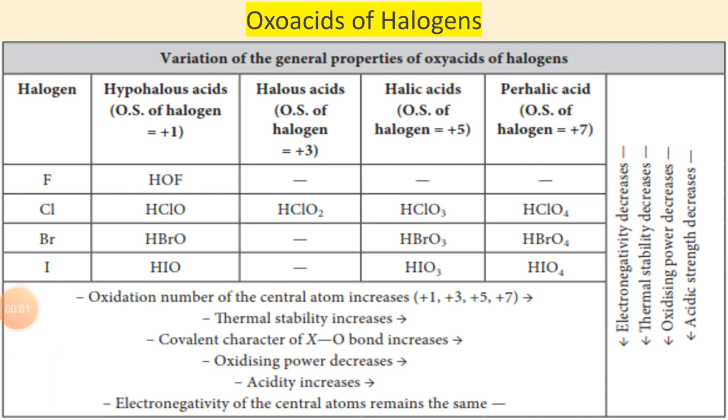So let us focus on another important topic, that is oxo acids of halogens. This is also very important for board examinations. So first of all, I told you how you know that the acid is an oxo acid. Here the halogens behave as the central atom, that is chlorine, fluorine, bromine, and these halogens are attached with at least one OH bond and one double bond O.